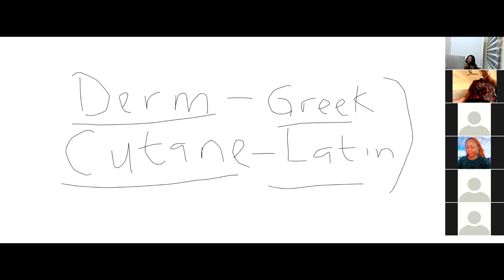So you'll be learning a lot of these terms, but because of modernization and the change in language, other letters have to be added to these words to be able to give meaning to a particular body structure or anatomical structure, or to refer to a particular disease, which we will still learn later on as we proceed in this class. Now, we'll take some examples of root words. We've seen derm, we've seen cutis. Now let's see other examples of root words.